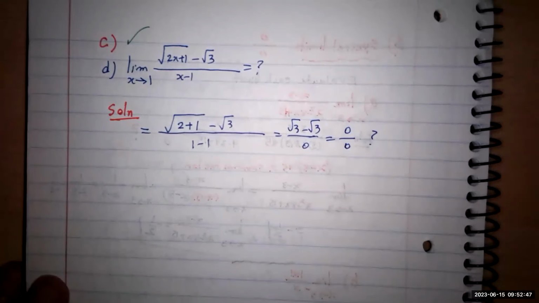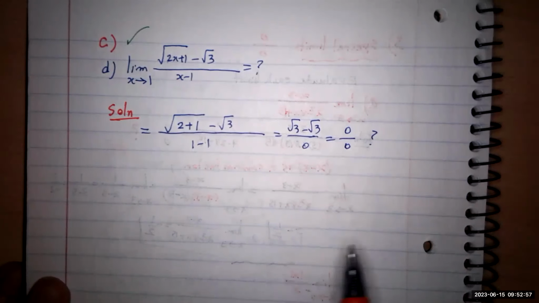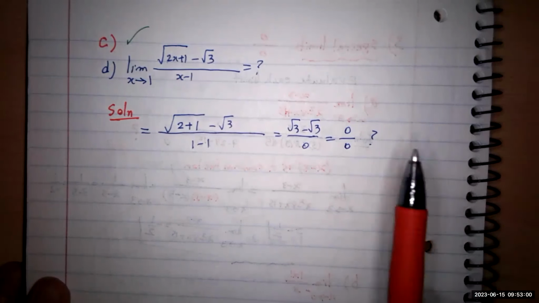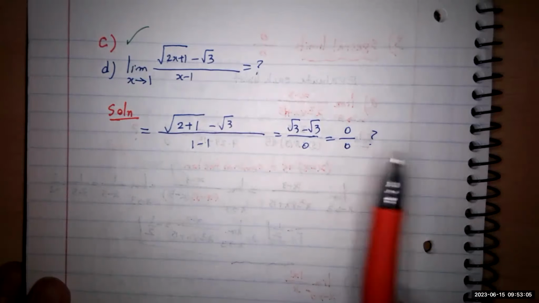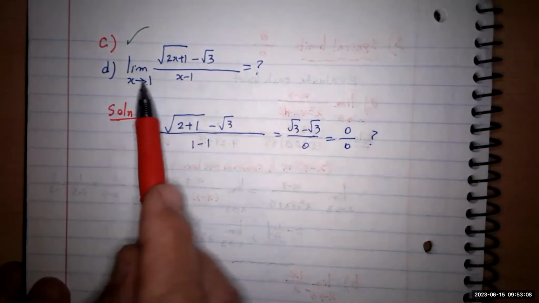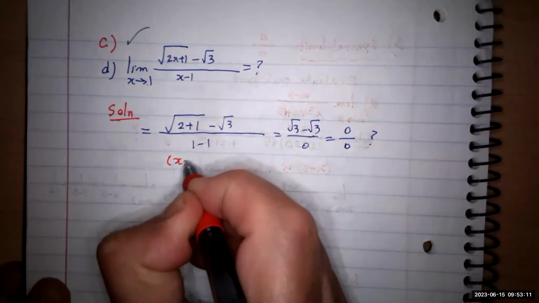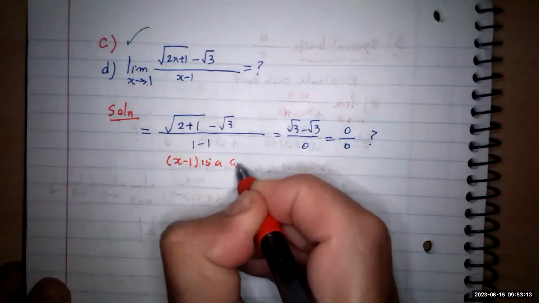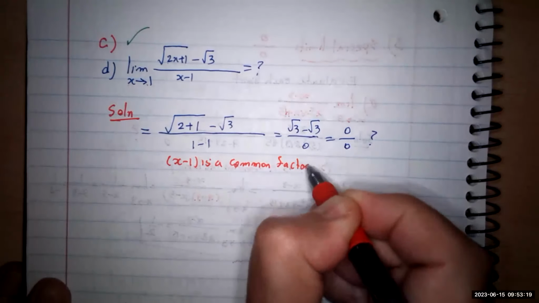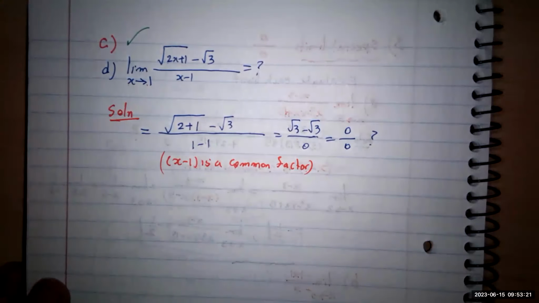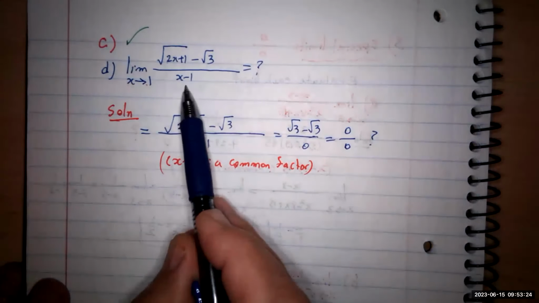Okay, so what's the message for this one? 0 over 0. We know that there is a common factor. What is that common factor in this case? x minus 1. x minus 1, excellent. Since x goes to 1, x minus 1 is a factor. So x minus 1 is a common factor, so we have to find it and eliminate it. You see the bottom one, we already got x minus 1. The top is the